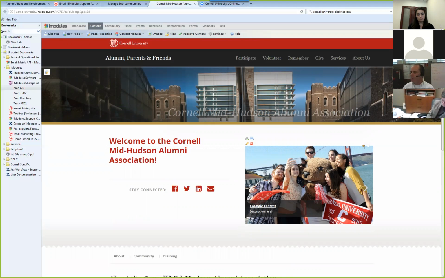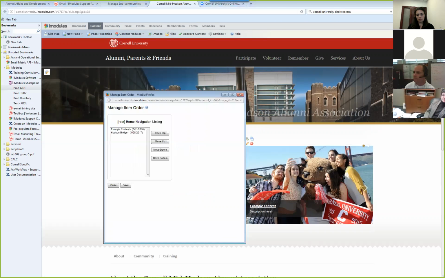The next question is, say I want to change the order. With two, it's kind of hard to do because they're just going to go picture one, picture two, picture one, picture two. They're going to rotate. But if I had 4 or 5 pictures, all I need to do is click this little edit order button right here. A window pops up with my images, and then I can move the order. If I had 5 pictures, I could change the transition order. That's all you need to do to manage the order in which the images show.